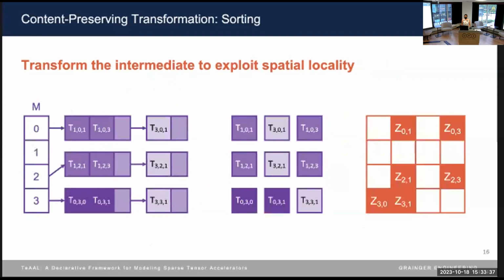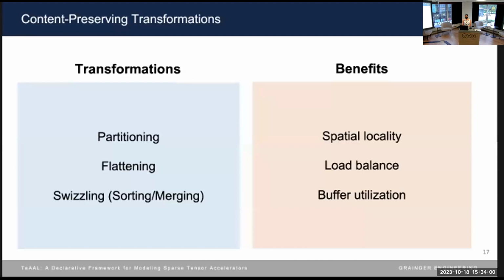So to mitigate this discordant traversal problem, outer space first reads a row of partial products concordantly and sorts them by their end coordinate. Once the partial products are sorted, it can achieve a concordant traversal on the output during the merge einsum. We see that this new traversal order first finishes updating Z01 before moving on to Z03. We call this transformation content preserving because it only changes details of how the tensor is represented, but doesn't change anything about the values stored in the tensor itself. TeAAL supports a few other such transformations that together help improve spatial locality, load balance, and buffer utilization.